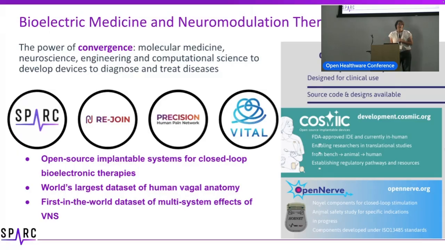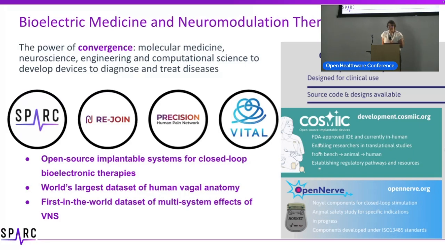But in order to help inform that, we also need to know a lot more about the vagus nerve. So the vagus nerve is the largest nerve in your body, and it does lots of things. It involves all of this autonomic control, but it also has actions for somatic and muscular control as well. So in order to better build devices and intervention therapies that involve the vagus nerve, which is the best target right now for bioelectronic medicine, or the most common target, we need to know a lot more about it. We need to know how variable it is between person to person.